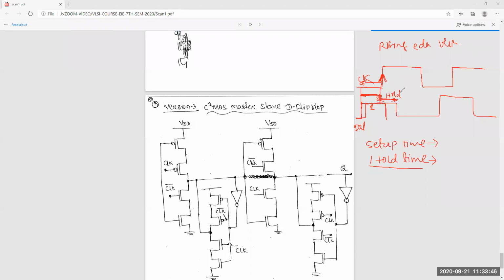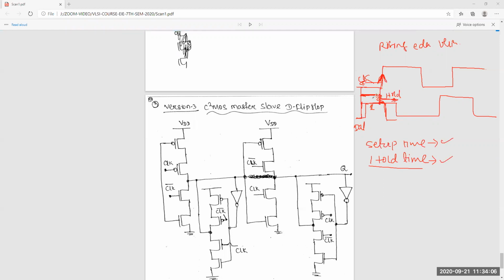You may not get the proper output. We want the output to be 1 because the data is 1 at the clock, but due to that hold violation, you will not get the output as 1. It may be 0. That is the hold time.